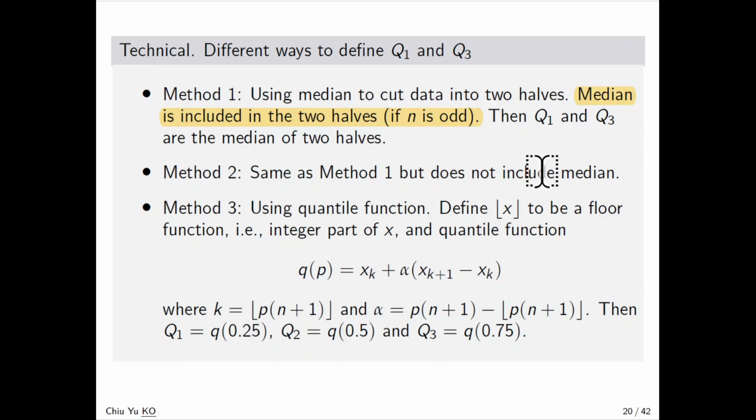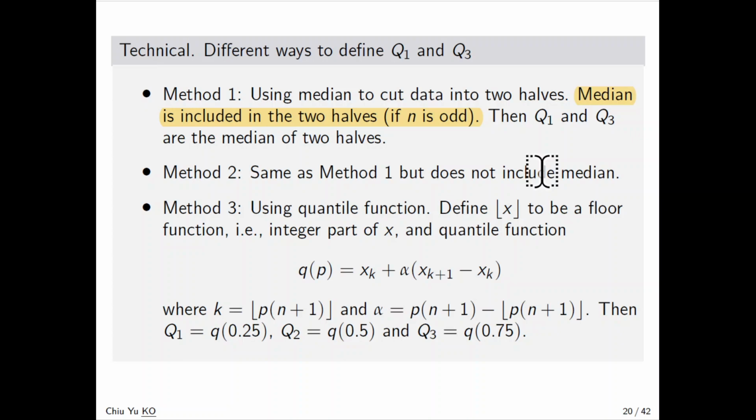So that is the way to simplify IQR, just find the median. Whether you want to use method 2 maybe doesn't really matter if the number of data is small, but you have to make a decision which one is the better use. And method 3, as we said, we will use